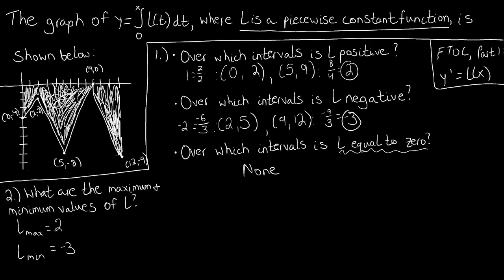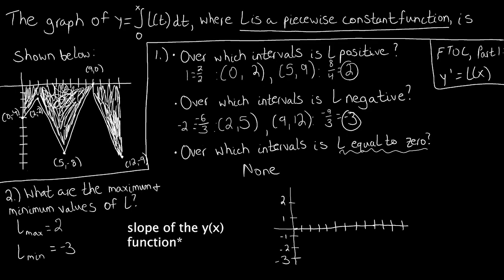L of x function. So the intervals that we gave in part 1 are going to be what we plot on this x-axis here, right? So we go all the way out to 12, so that's 5, 6, 7, 8, 9, 10, 11, 12. We're going to go all the way out here, and like I said, this axis that we have here is going to span, I got a little ahead of myself, it's going to span from -3 to +2. So we get this going on, right? So what we're going to graph is the x-axis is going to be the intervals that we have here, and then the y-axis is going to be the slope of the L of x, or the L function that we